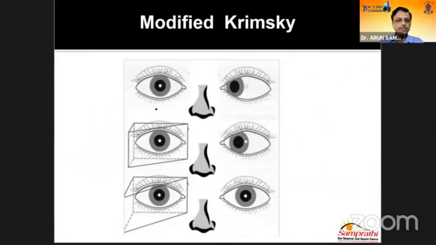So Krimsky measures the same as the Hirschberg test with the help of prisms. So here you place a prism with the apex towards the deviation in front of the fixing eye, so that you observe for the movement of the deviating eye. So once you center the deviation, then that is the angle of strabismus. So here you can see in this,